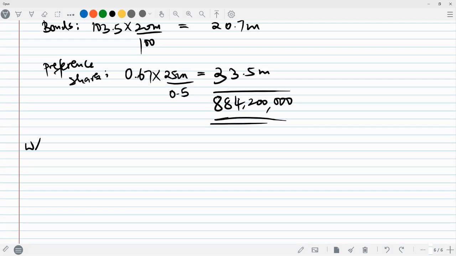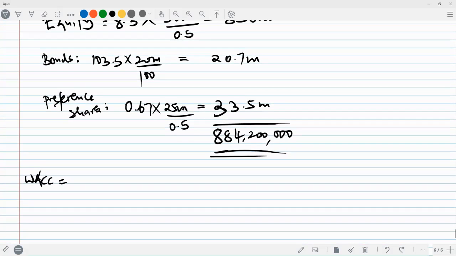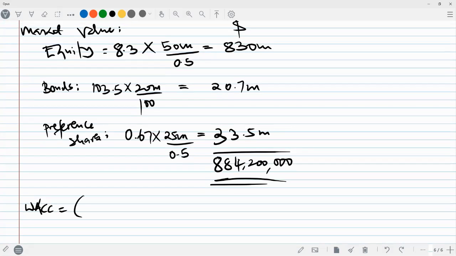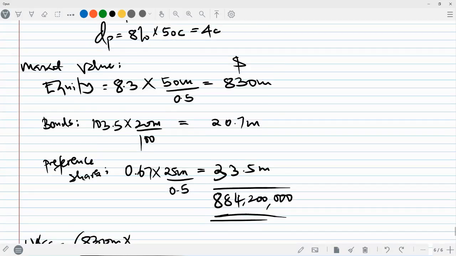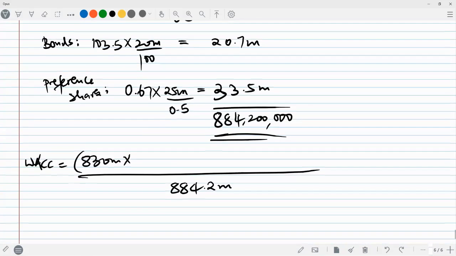Next, we calculate the weighted average cost of capital. The money is coming from these sources. For equity, the market weight is 830 million divided by the total market weight of the three sources, 884.2 million. We multiply the weight times the cost of equity, given to us as 12%. We get the weight of bonds, which is 20.7 million divided by 884.2 million, times the cost of the bonds, which we got